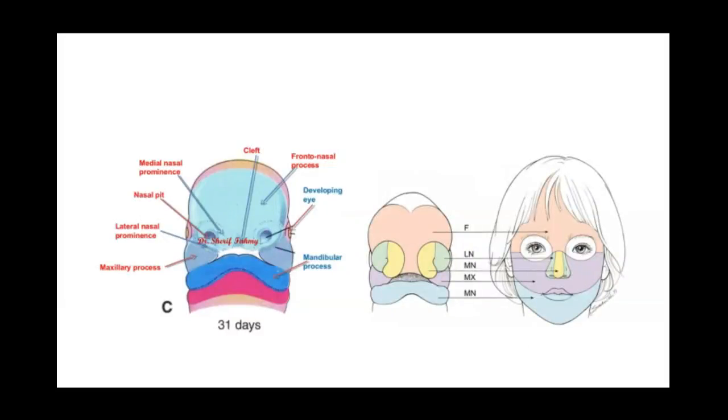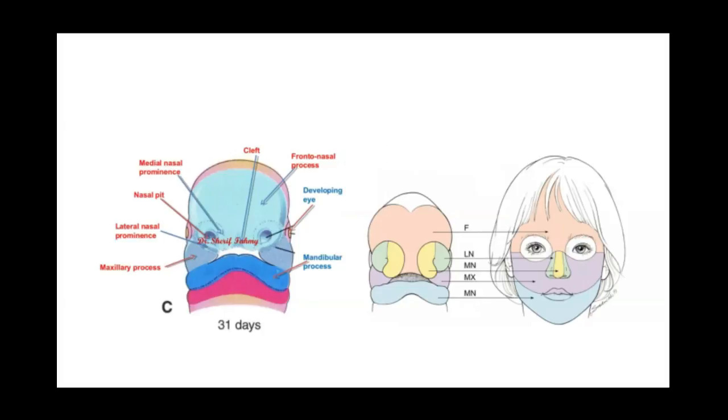If you see this picture as it is progressing, you have the processes, that is the frontonasal process. Then you have these depressions, that is the medial nasal prominence, the lateral nasal prominence, the nasal pit, maxillary process, and the mandibular process. As these maxillary processes move forward, they are going to meet, and the medial ones fuse together and form the tip and the dorsum of the nose, along with some part of the dorsum of the nose from the frontal